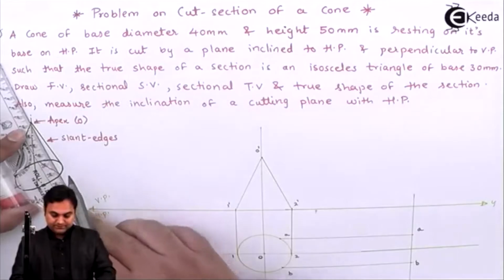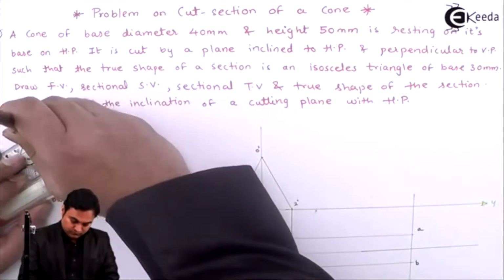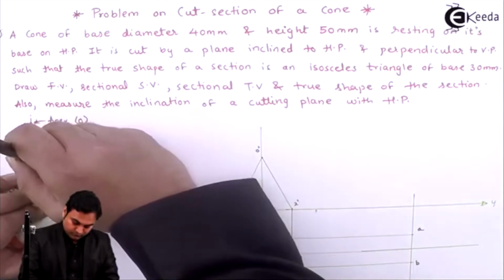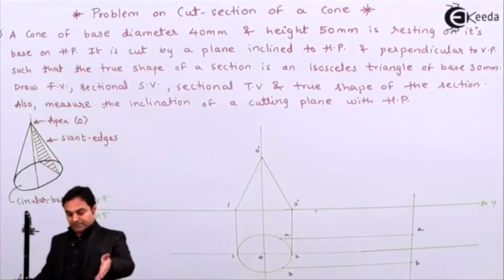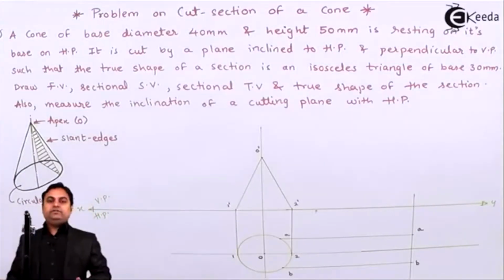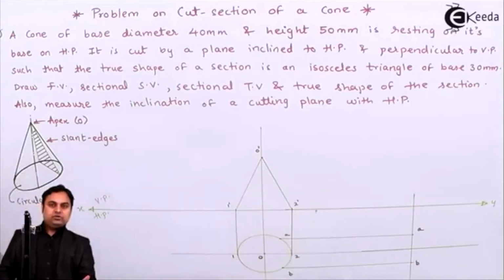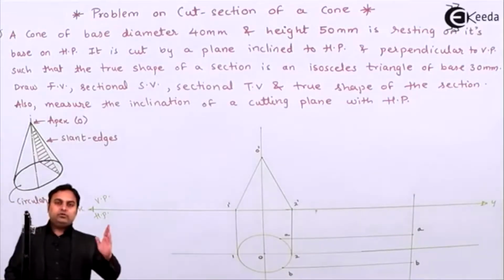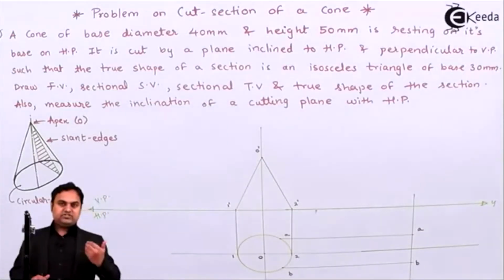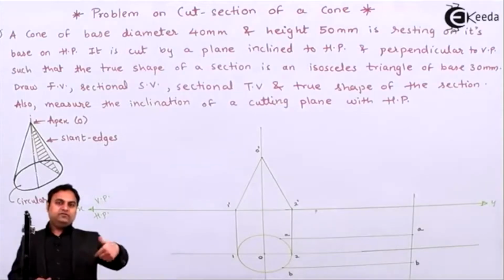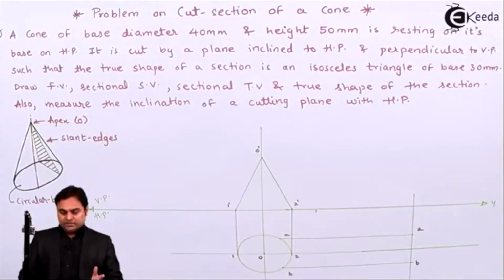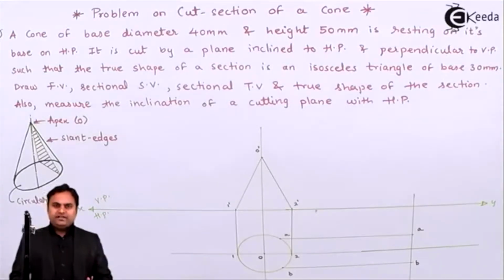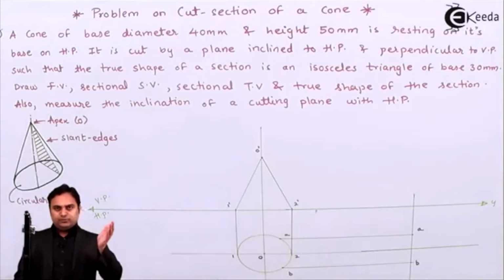Showing the example here. So here is the cut section which I am showing, that the cutting plane should be passing through the apex. Then only we are going to get the triangle. If the cutting plane shifts to any of the slant edges, then we are not going to get a triangle. In that case, the shape obtained would be a curved shape. That is, we are going to get either a parabola or hyperbola or an ellipse if it is passing through the slant edges. So to get a triangle, any kind of a triangle, at least one point of the cutting plane should pass through the apex.